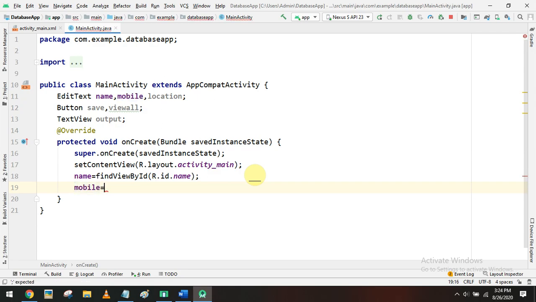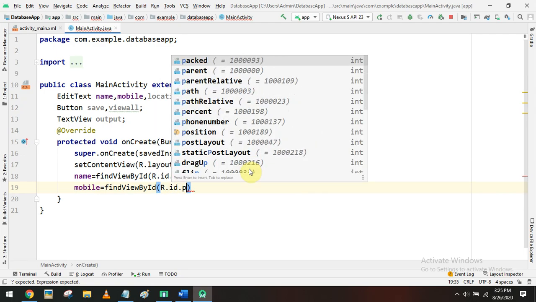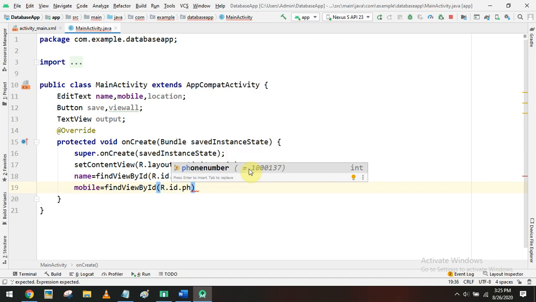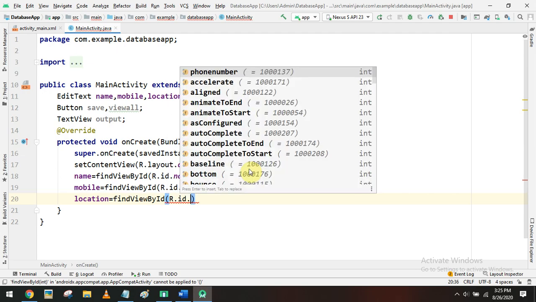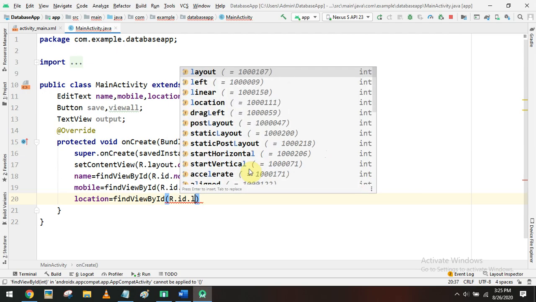Mobile, findViewById R.id.phone number. So that is the ID for the mobile edit text box for the phone number. Then followed by location, findViewById R.id.location.